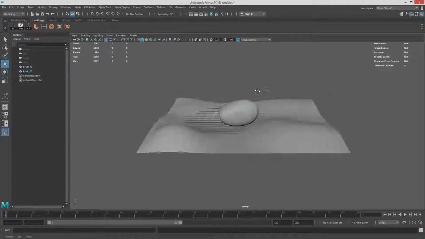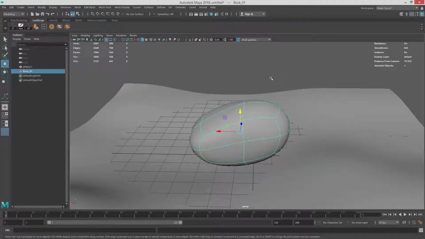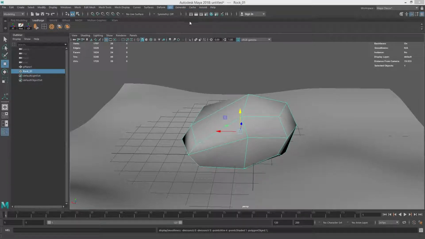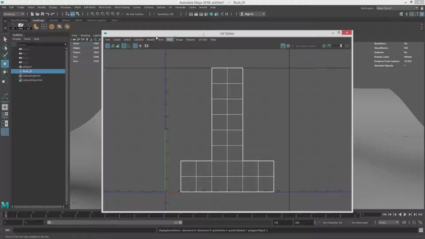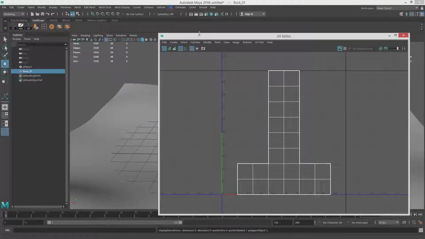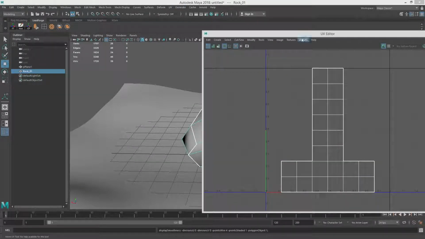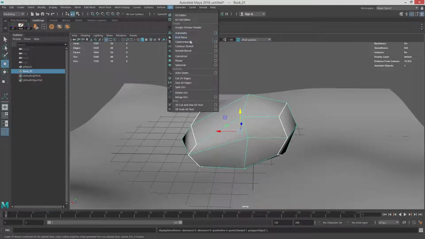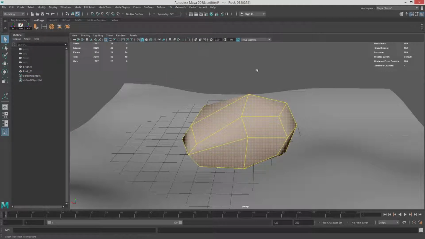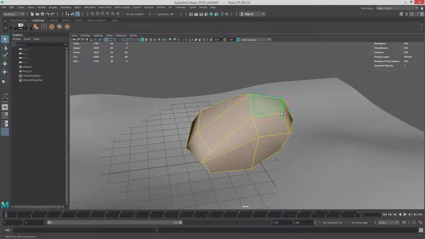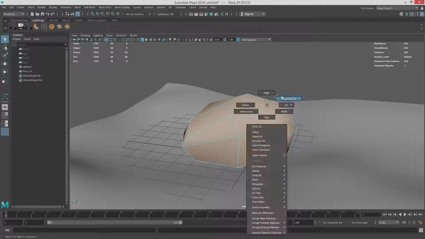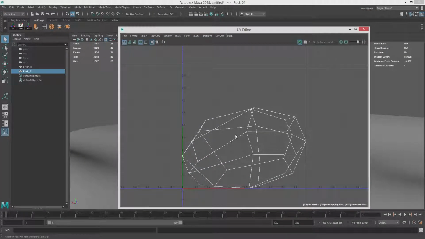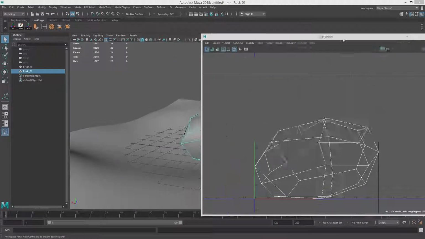All right. So first thing we're going to do, I guess it's not first. All right. Now we're going to go to the UV editor. And I want to go and get rid of these seams and these UVs that come with it. So what I'll do is go up to UV, camera based projection. And I'll hit B to turn off soft selection. What that does is that just gets rid of any seams,